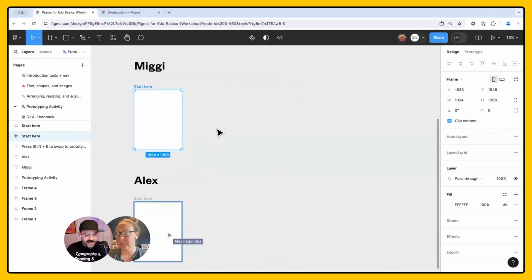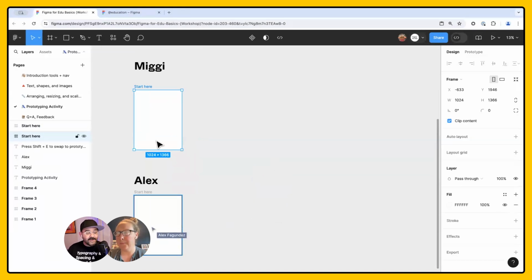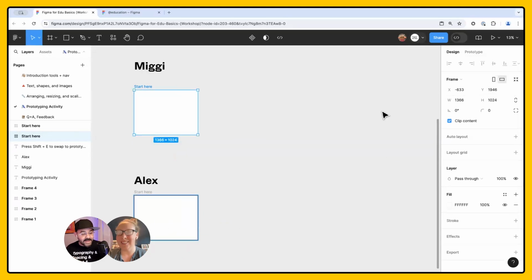Okay. So here we go. So we're starting off in design mode. I've already created a frame for you. This frame is the iPad Pro 12.9-inch frame. The dimensions of it are 1024 by 1366. So right now it's in a portrait mode. It's vertical. So we wanted to instead have it be in landscape mode. So select the frame and come over to the right and choose landscape mode. And here we go. We've now made a landscape. For my other newbies, we're in the right panel.